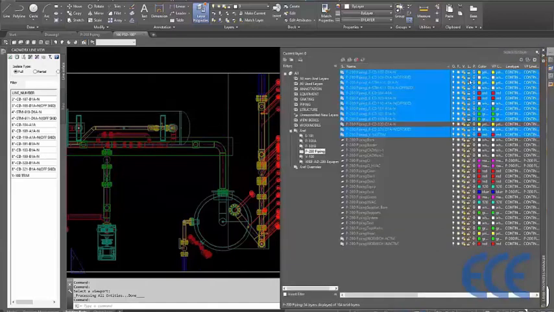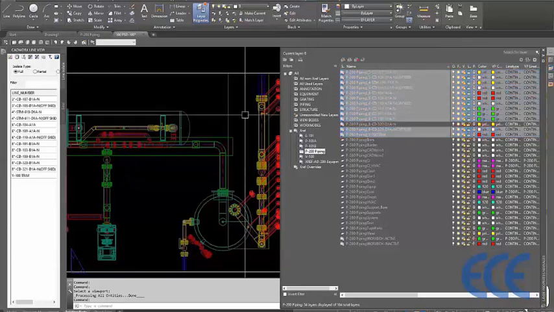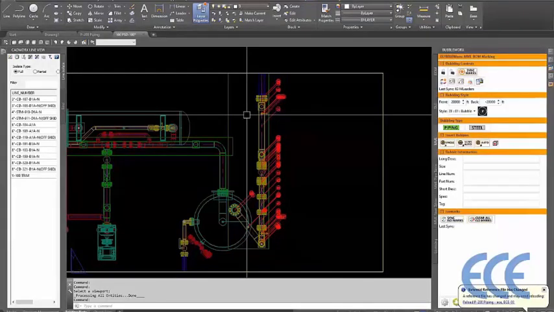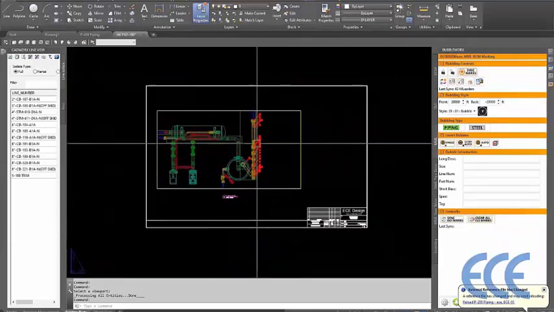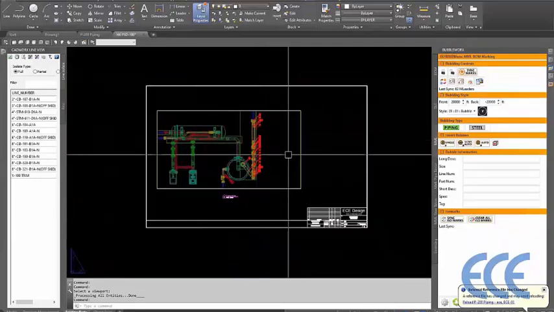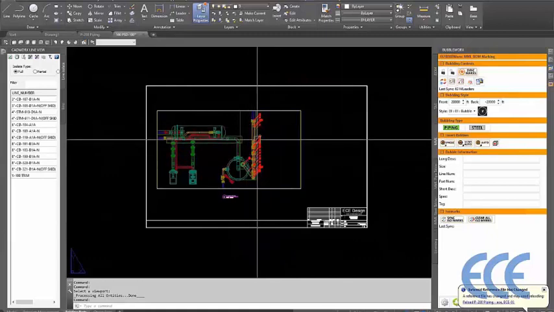Again, we came into our layers, and we just went ahead, selected the layers, the line number, because we do have layer by line number turned on in our config settings. So we just took those line numbers and we locked them right here in the drawing. You don't have to go back out to the model or anything like that. You do everything right here in the drawing. So that is a really cool feature that helps a lot of our customers be productive and efficient